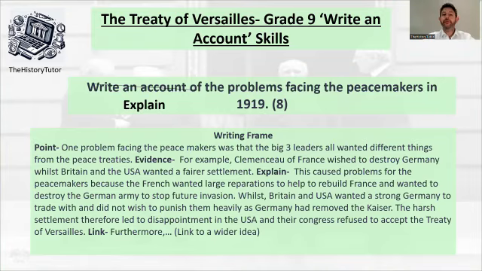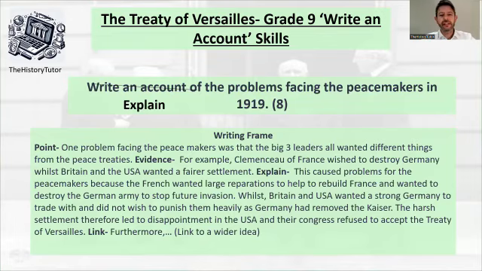Okay, so now we've got some knowledge there that they fell out with each other. USA doesn't accept the Treaty of Versailles. Britain, France and USA disagree with each other. And you can see visually there that that's a lot more in the impact section than there is in the evidence section. Now you might be worrying about, oh, there's not many facts there.